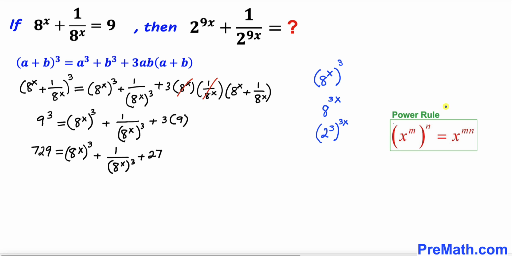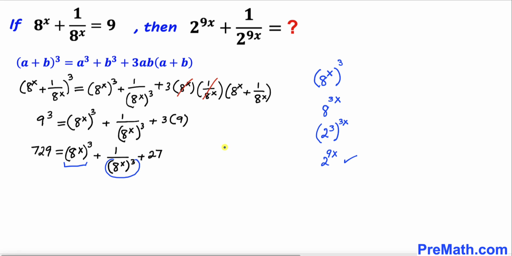And now we are going to apply this power rule once again. So this could be written as 2 power 3 times 3x, which is going to become 9x. So therefore, I am going to replace this part by 2 power 9x, and likewise this part in the denominator, 2 power 9x as well. So therefore, this equation is going to become 729 equals 2 power 9x plus 1 divided by 2 power 9x plus